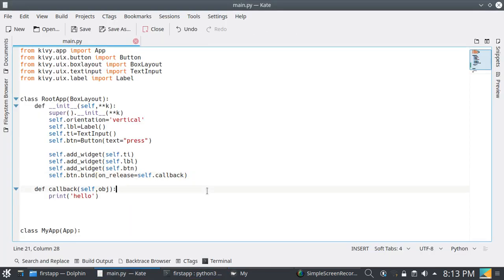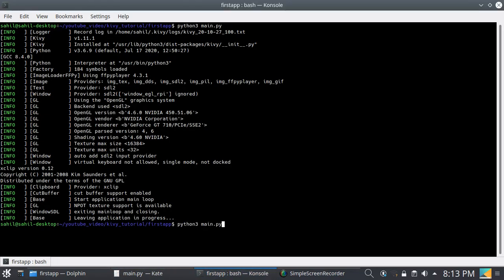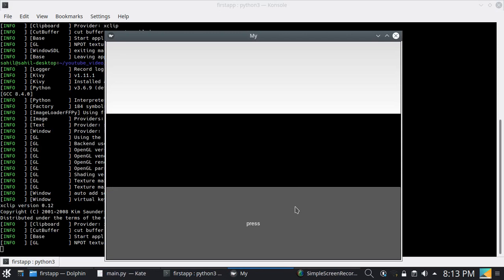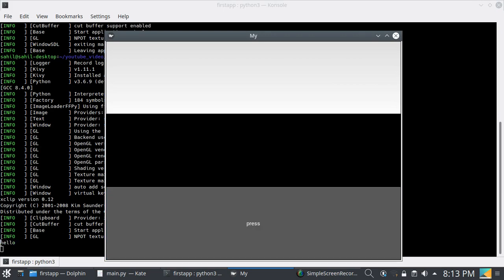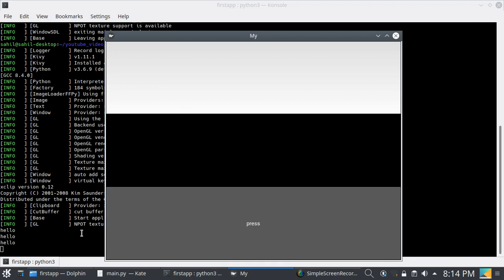One second. Okay, I have to rerun again. So when I press and release this button, it will print this hello. Or if you use on_press, then when you press this button, it will print.